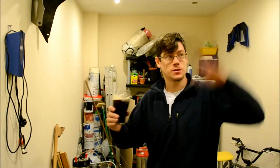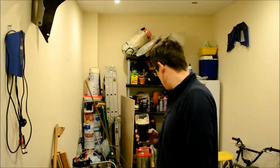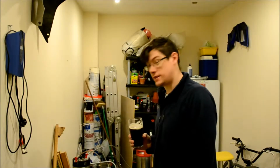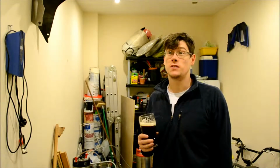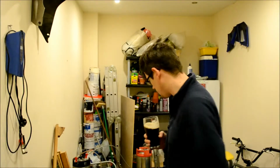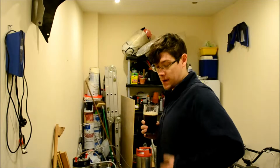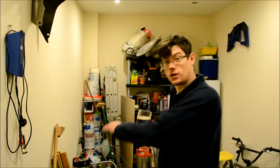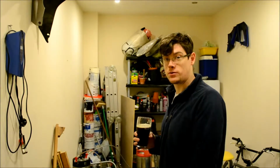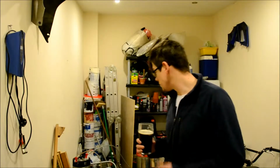You may have noticed that I'm not in my usual boring spot upstairs in my computer room. This is my garage and it's a bit of a mess at the moment, so you actually join me on DIY Sunday. My job at the moment is to tidy all this crap up with a view to building my new workbench slash table in my garage, which I'm going to use for home brewing among other things, and also to